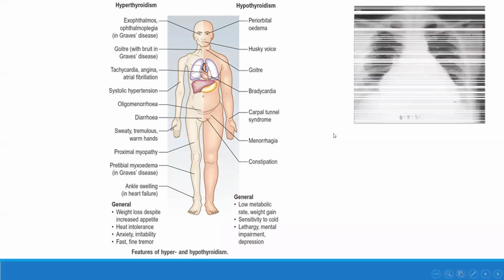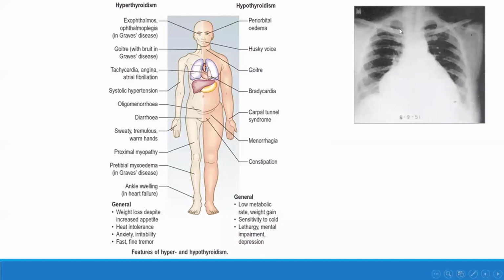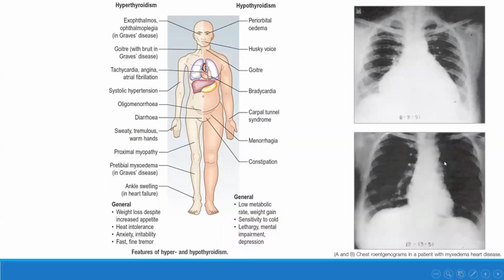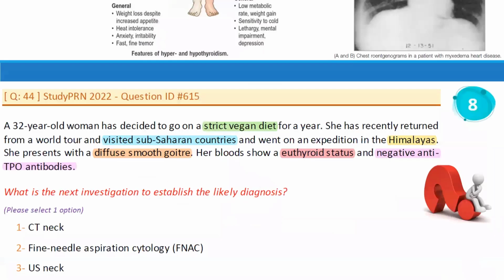And this is a patient presented with a severe hypothyroidism. And once treated with only levothyroxine, after a few months, the X-ray chest returned to be normal. So here, the cardiothoracic ratio is increased, cardiomegaly and pericardial effusion. But once treated by levothyroxine, the cardiac size on X-ray normalized after a few months.